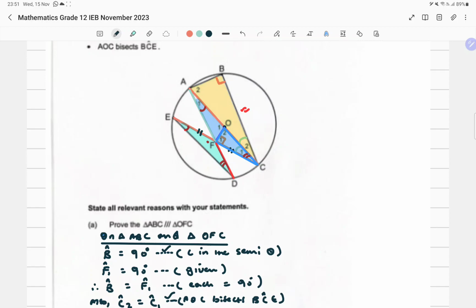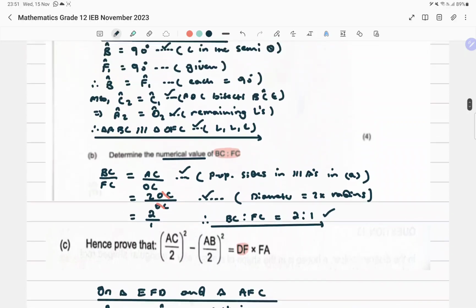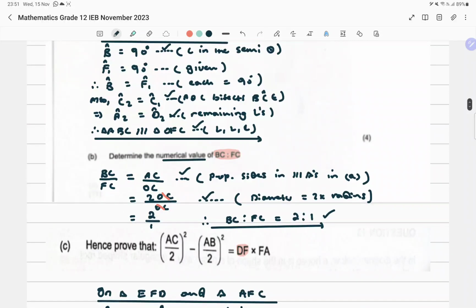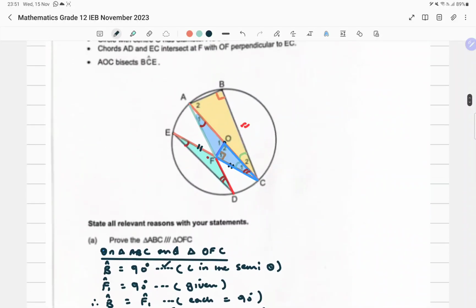Let me try to see what is the story now. How do I get to this? Obviously, that ratio of BC over FC has something to do with this, because I'm sure there's something we're going to need here, but let's just plan it just right. BC over FC, BC over FC is equal to,